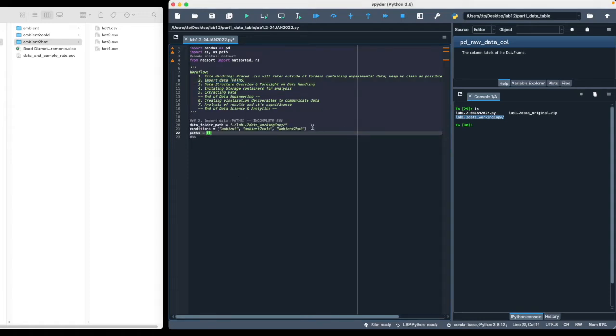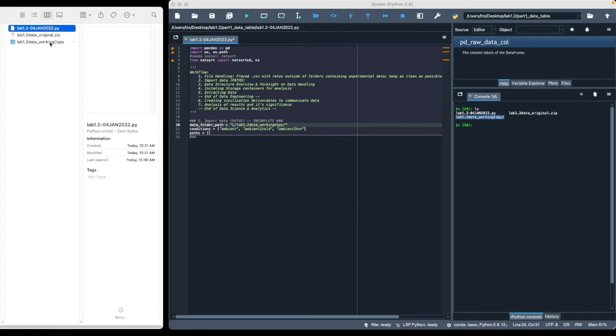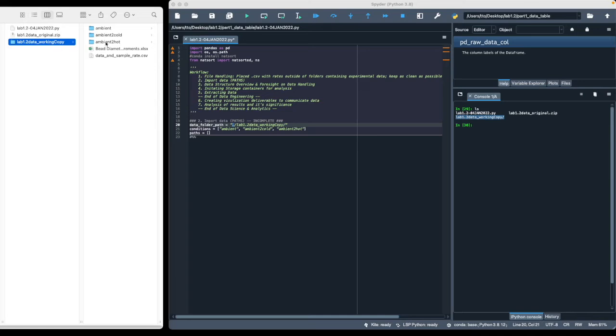The importing of the paths, as we see, similar to lab 1.1, the name of our folder is represented here. Once more, a period summarizes the current folder path, as we see on the left here, relative to where this Python script is. We enter this main folder called lab 1.2 data underscore working copy. And within this folder, for example, as we'll see demonstrated on the console on the far right, if I cd, short for change directory, into that folder,